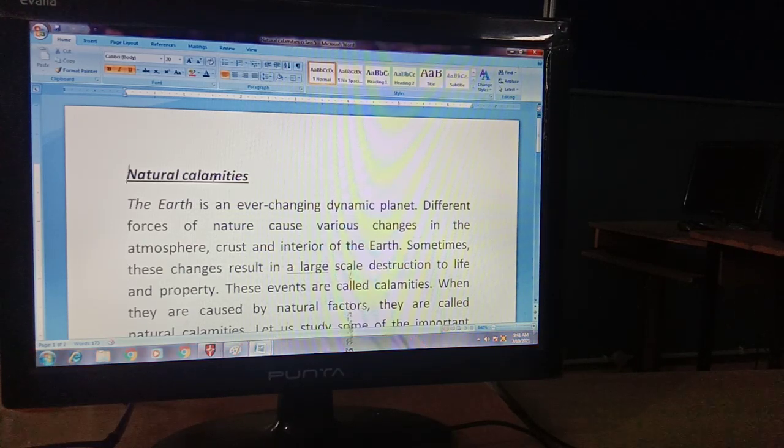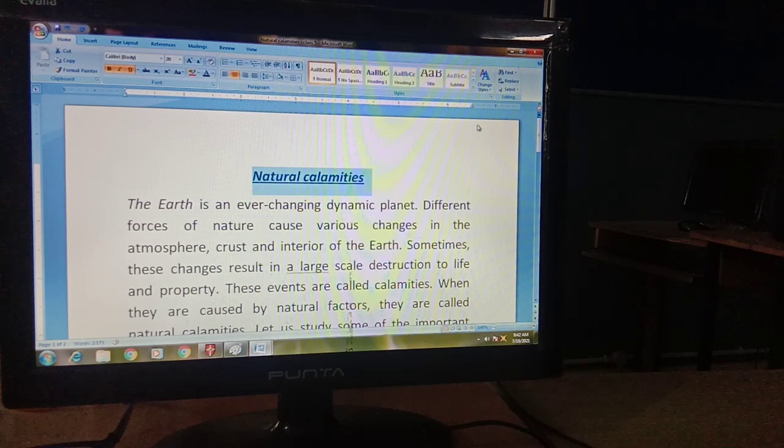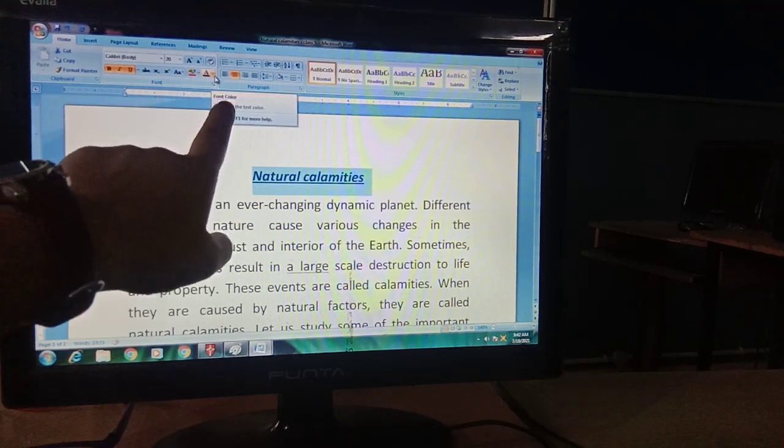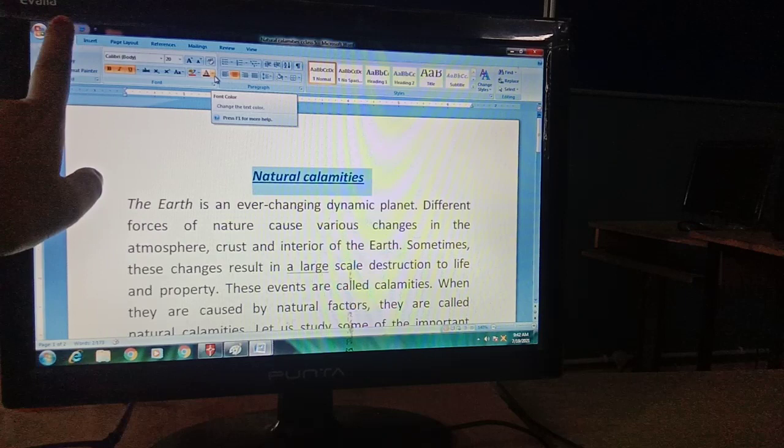We last stopped in our video with coloring of the text, so let's start with the coloring of text. How can you color the text? First of all, select the text. I'm just making it center aligned, alignment I have already explained to you. And how to color? Just select the text and go to the font color option in the font group of the Home tab.